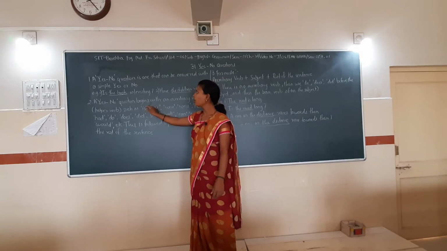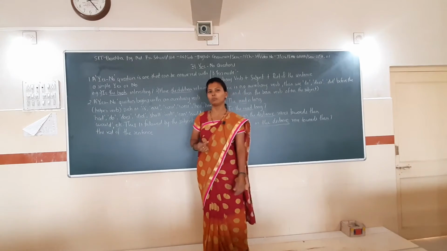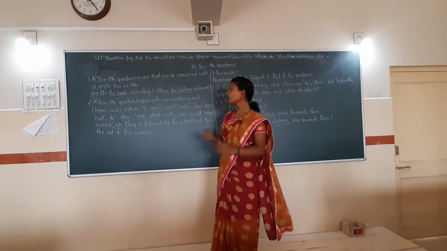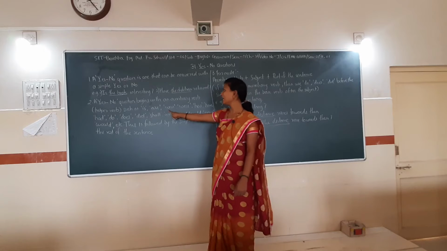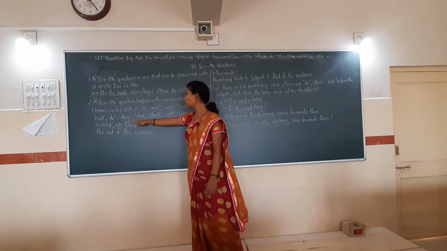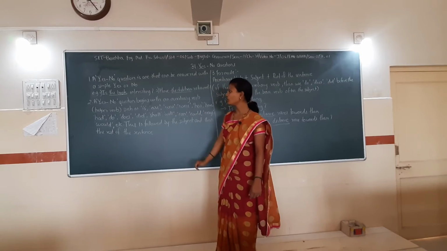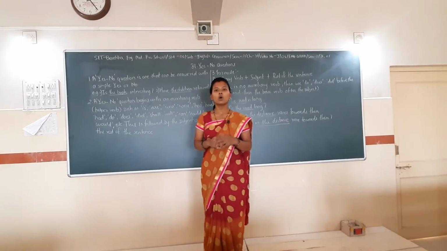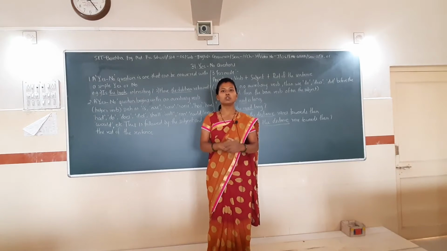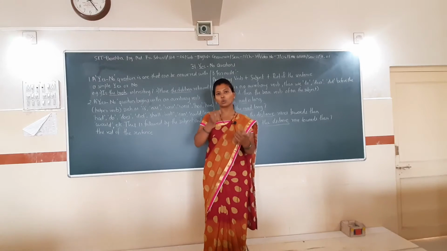See the second point. A yes no question begins with an auxiliary verb. Now what is the auxiliary verb? Auxiliary verb means is, am, are, the past tense of the same, helping verbs, such as is, are, was, were, has, have, had, do, does, did, shall, will, can, could, may, would, etc. So these are your auxiliary verbs, and this is followed by the subject and then the rest of the sentence.